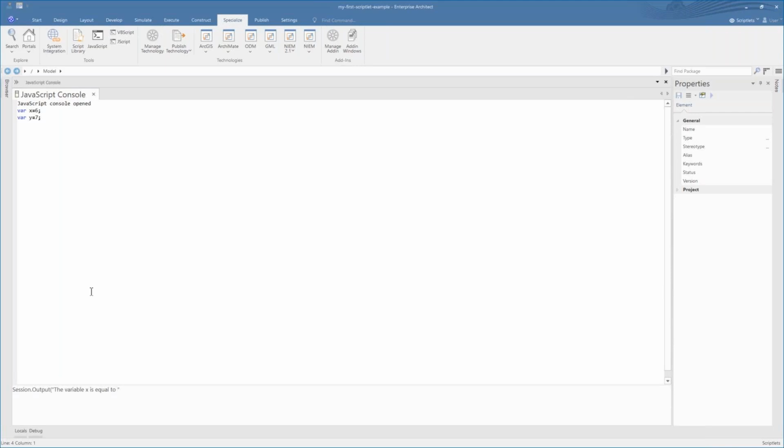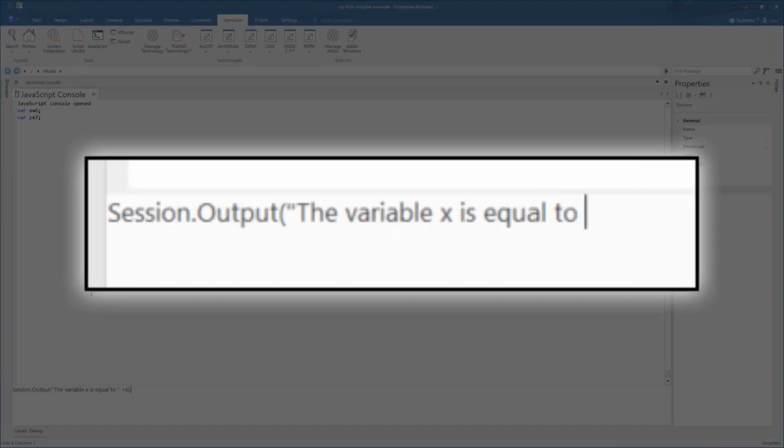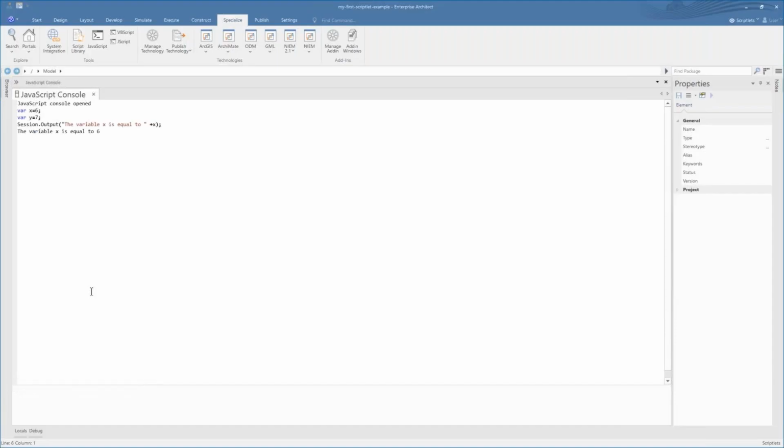Now the next line I've got is session.output, and we're saying the variable is equal to, and I'm going to say plus x. Now please note that JavaScript is case sensitive, so if you do session output all in lowercase, it's not going to work. I discovered this myself when I was recording the webinar, so it's very important that you remember that it's case sensitive.